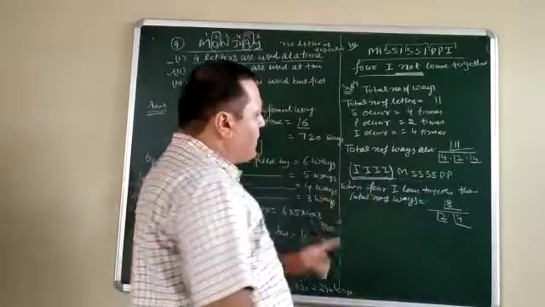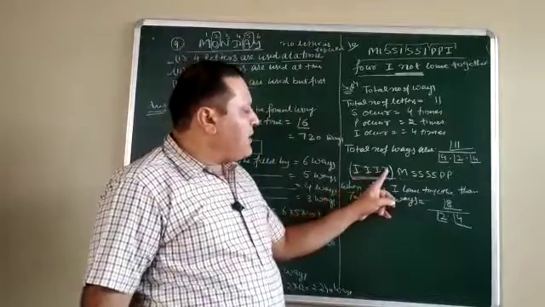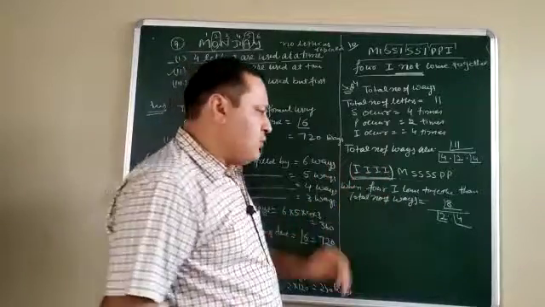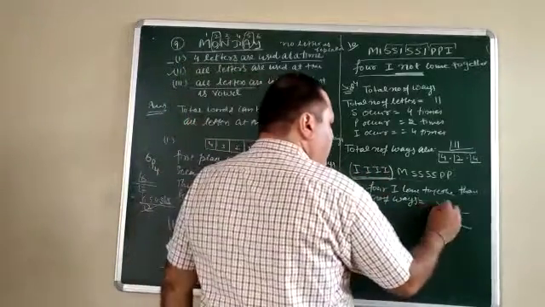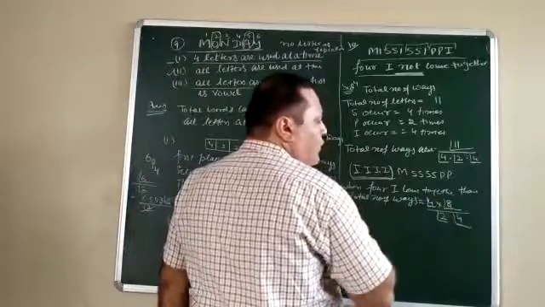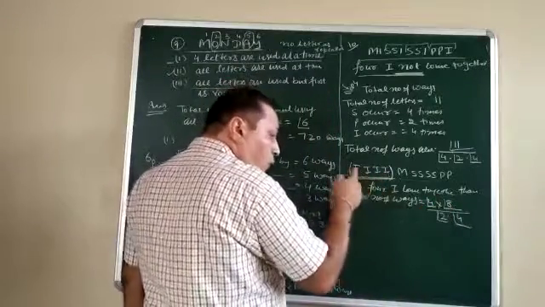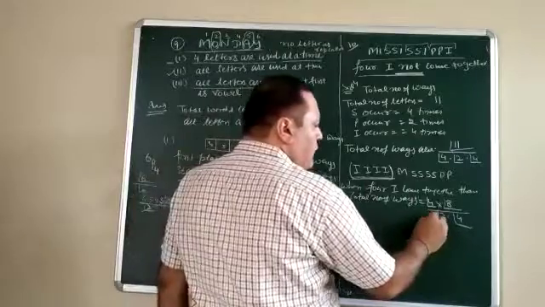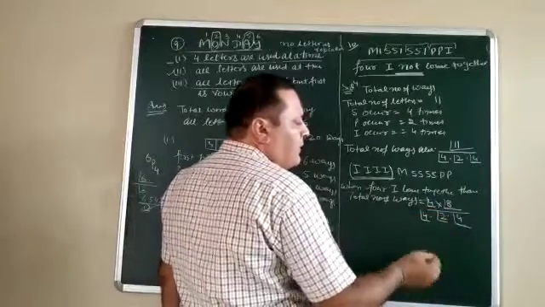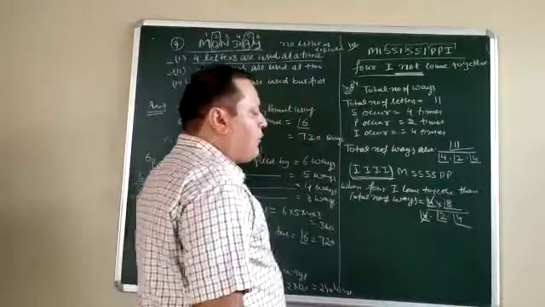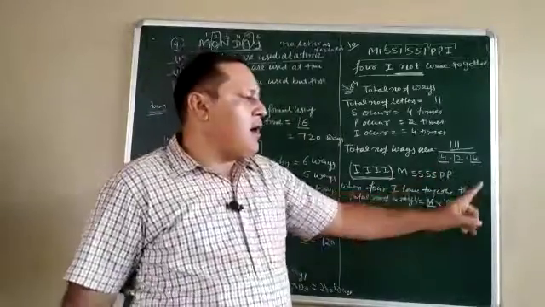Now come to this bracket. How many I's are there? There are 4 alphabets. So these 4 alphabets can be arranged among themselves by 4 factorial, and these 4 are repeating, so divide by 4 factorial. So it will give the total number of ways in which the 4 I's come together.